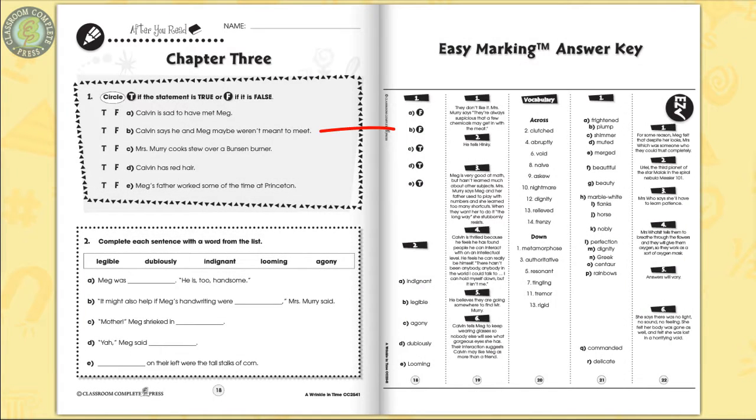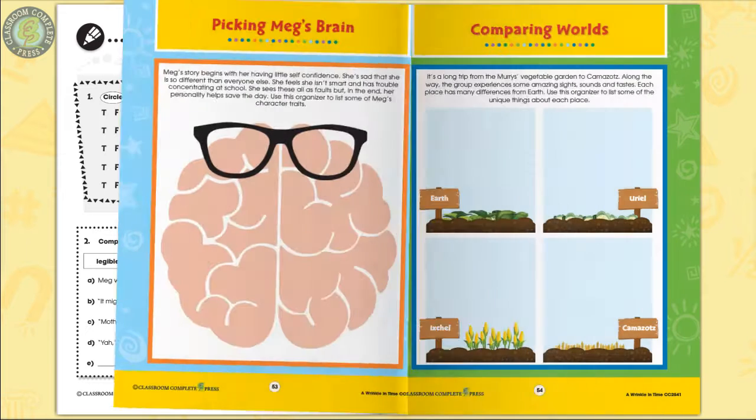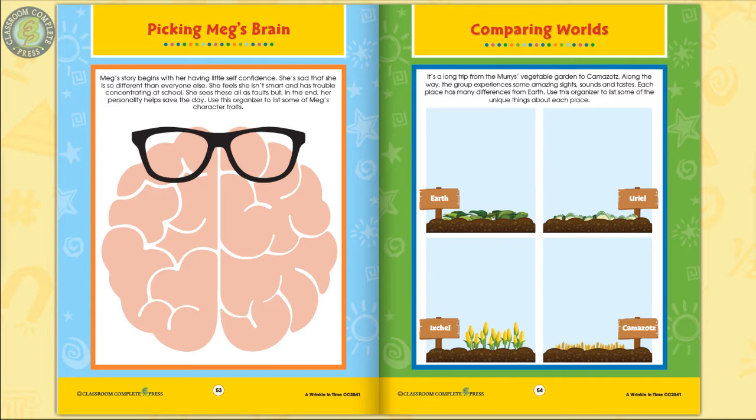The easy marking answer key works by lining up perfectly with the matching question pages. 3 color posters, which are graphic organizers, complete the resource. List Meg's character traits that help save the day on the Brain